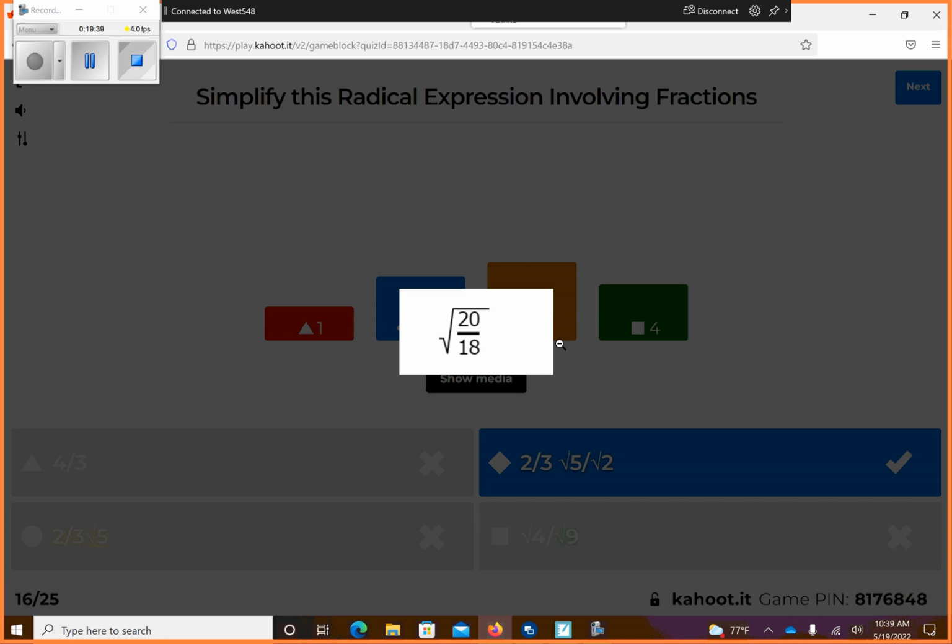So I can reduce it inside. So 2 goes into both top and bottom. So on top I get root 10. On bottom I get root 9. Root 10 won't break down, so you just leave root 10 on top. But root 9 breaks down to 3, so it becomes root 10 over